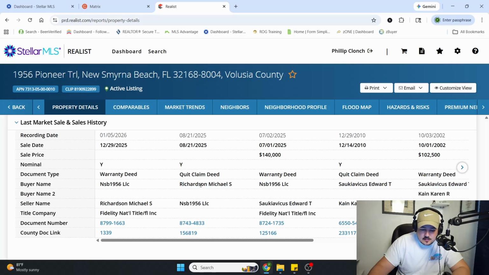He changed it from the LLC to his name in August, so the next month. And then a month ago, he changed it back into the LLC. For reasons, I don't know why, but that's where it's at. So this is important because now we know it's in an LLC, which means you need to put the right